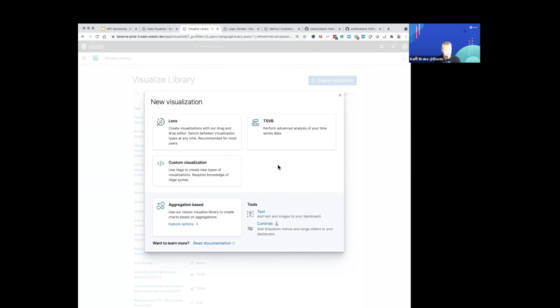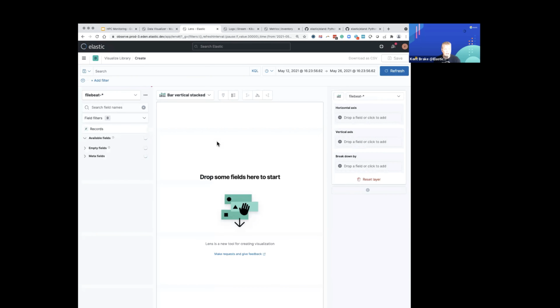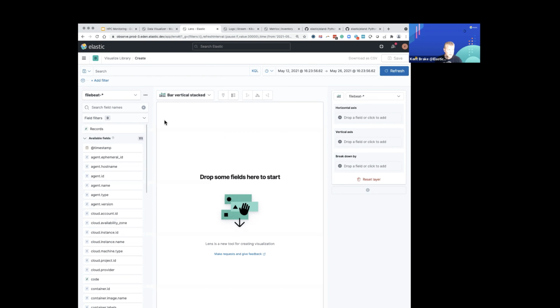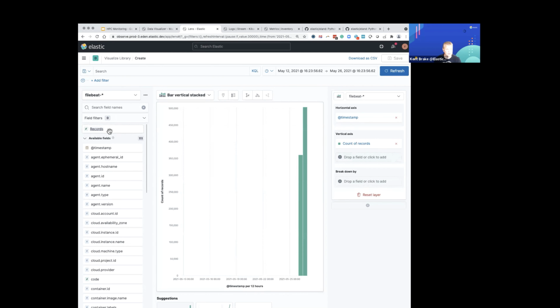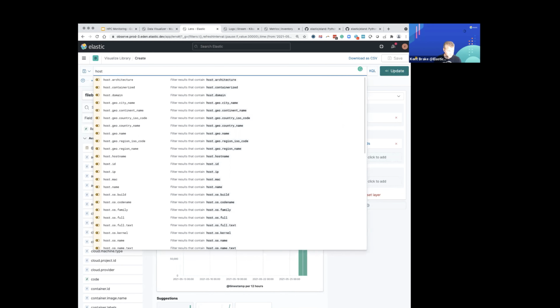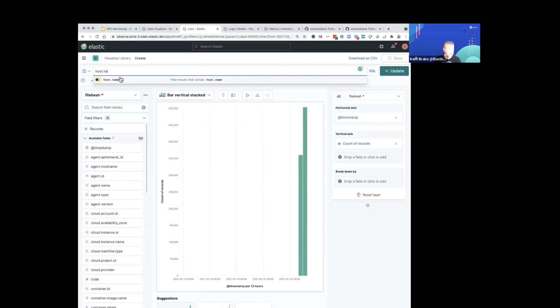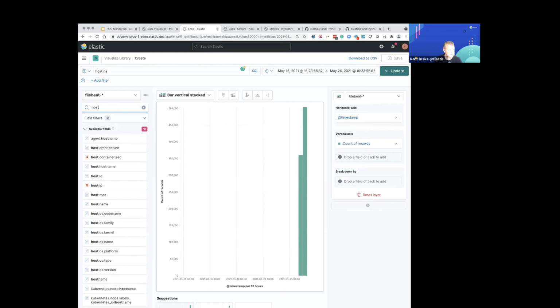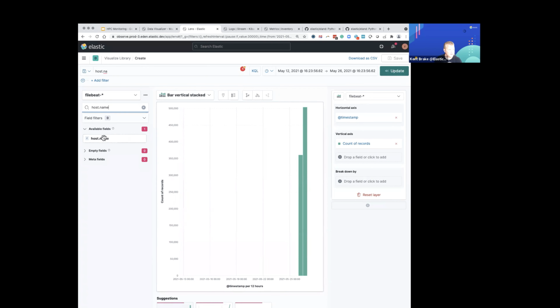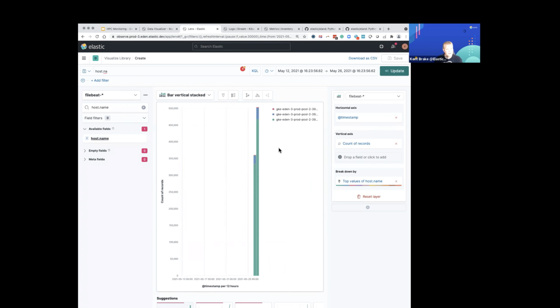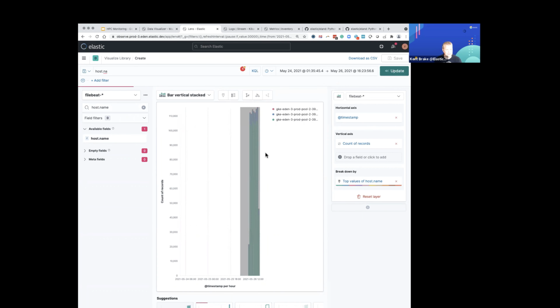We have lots of different ways to create them. Lens is probably the preferred application, because it's real easy to get started with. It's drag and drop. So if we just want to look at, say, one data stream's record count over time, I can drop just the top level number of records there. If I wanted to break it down, say, by host name, we can do it by host name. Let's see if I type it in the right field. And with the ability to drag and drop, everything is interactive,